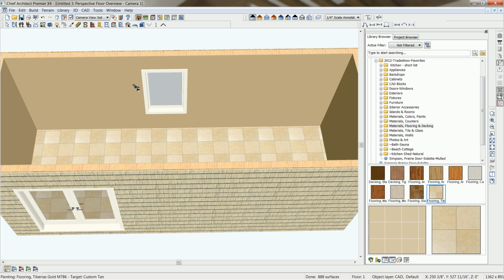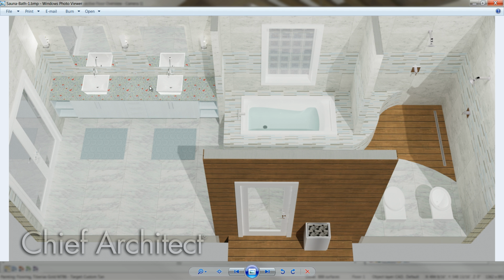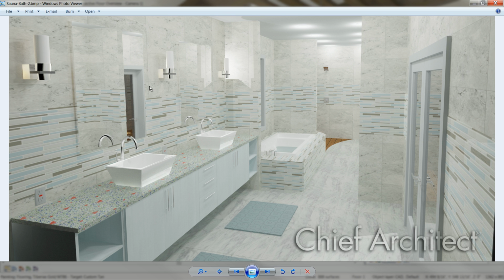So the next step I want to do is I actually have a photo here. Let me grab that. I've used this photo as my inspiration, so I'm going to try to match these colors, this layout. And I've actually already pre-designed this, and you can see the result of the renderings here that we're going to lay out. So this is what I'm going to proceed to do, and you'll notice in the design here I have a few walls that separate the different areas between the sink area, the bathtub area, and the